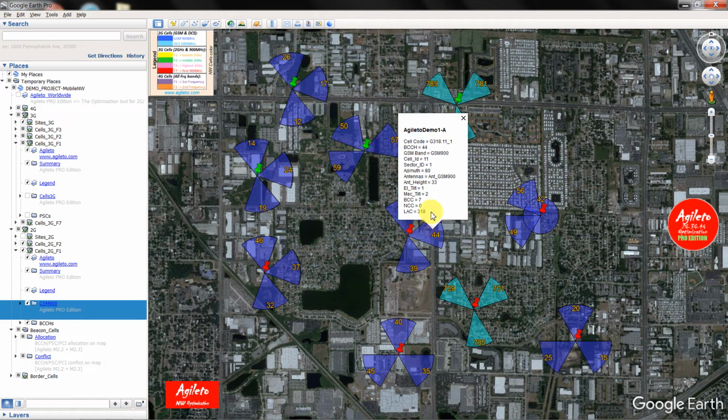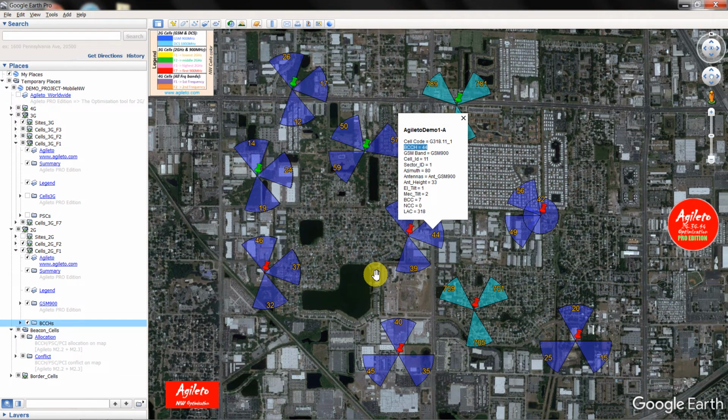In our case this one is 44, what is displayed over here. So if we want, we can activate or deactivate the BCCH values, which in our case represent the index of the cell or the beacon cells. It is the information that is transmitted over the air,